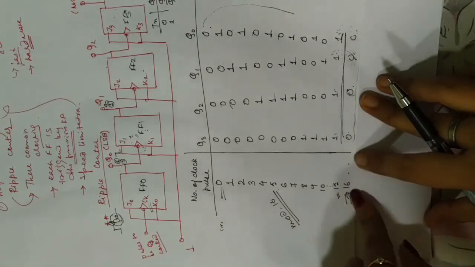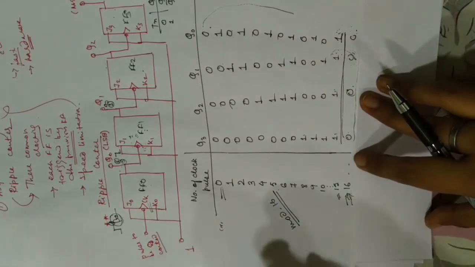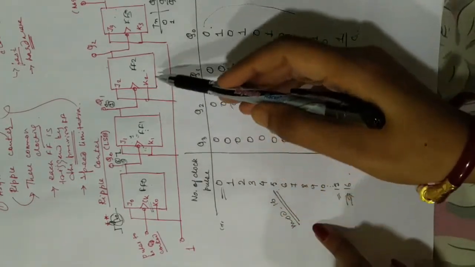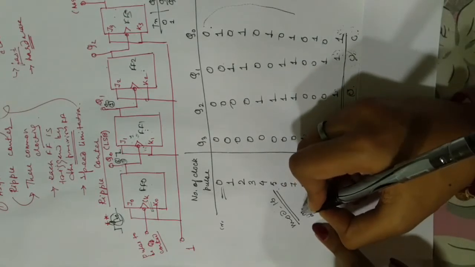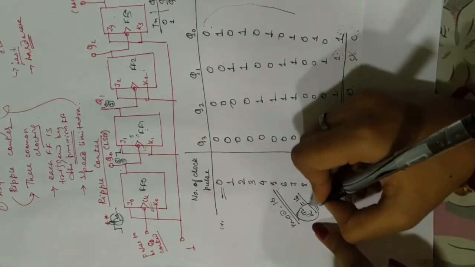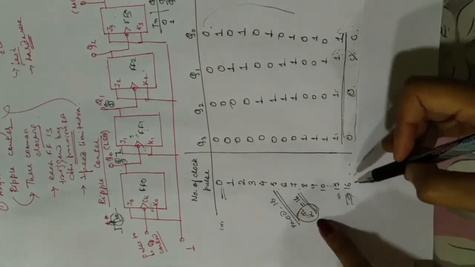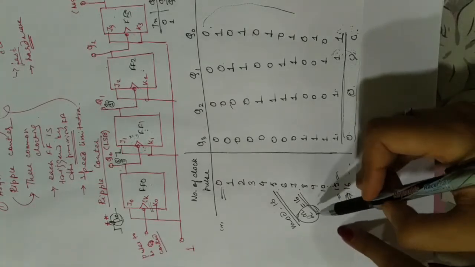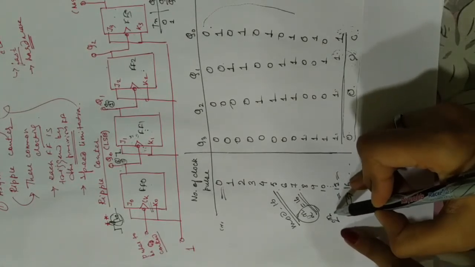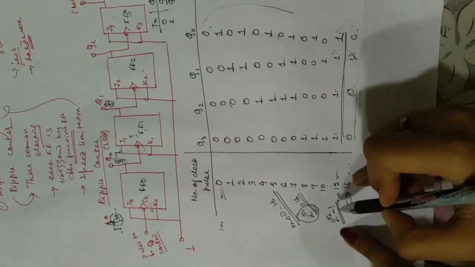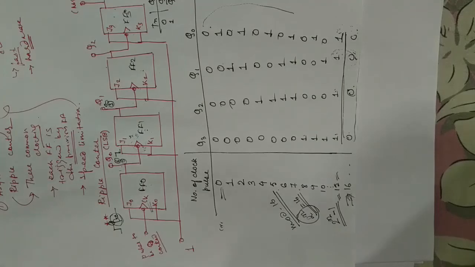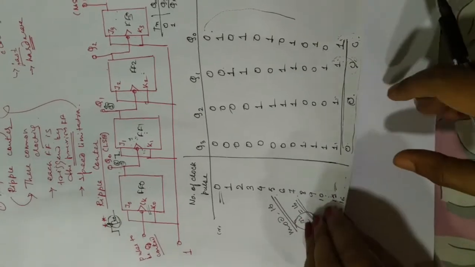And so the number of pulses a counter can count is equal to... so mod 16 means that since you have 4 flip-flops over here, 2 to the power n is equal to 16 distinct states. And the number of pulses you can count, like you can see, is 15. Over here we can count 15 pulses, so the number of pulses you can count is 2 to the power n minus 1, right? So this is all about ripple counter.